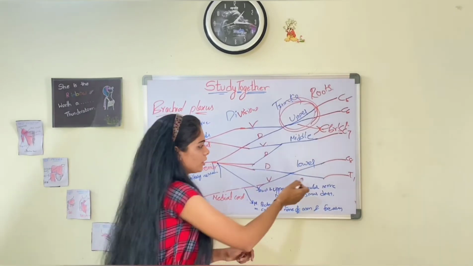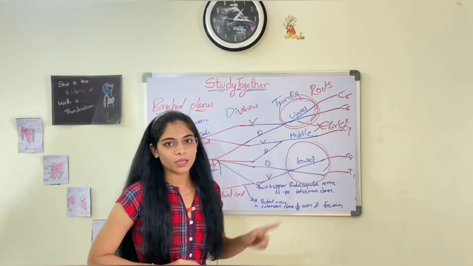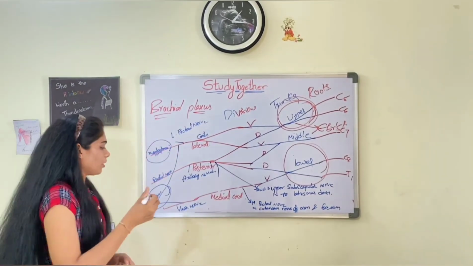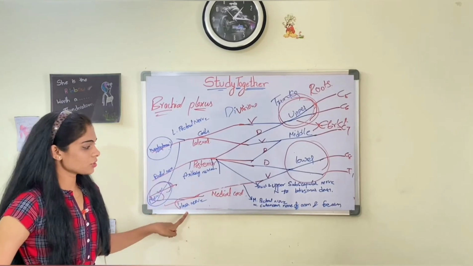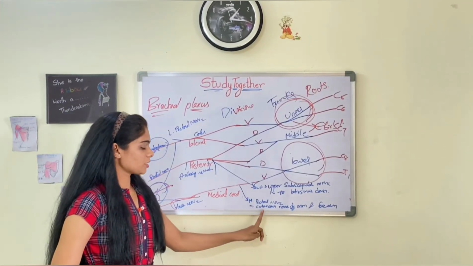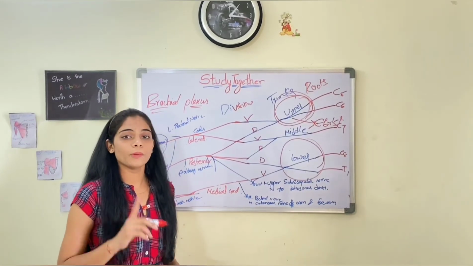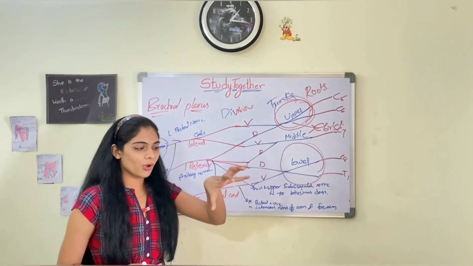Okay, coming to the lower trunk injury, you have Klumpke's palsy. In this, a part of the median nerve and ulnar nerve are damaged, and the medial pectoral nerve and the branches supplying the cutaneous nerve of arm and forearm are also paralyzed. So your hand's deformity is a claw-like hand.